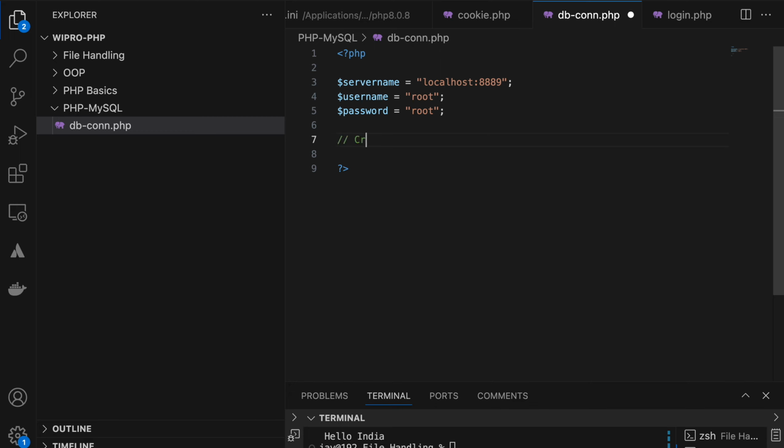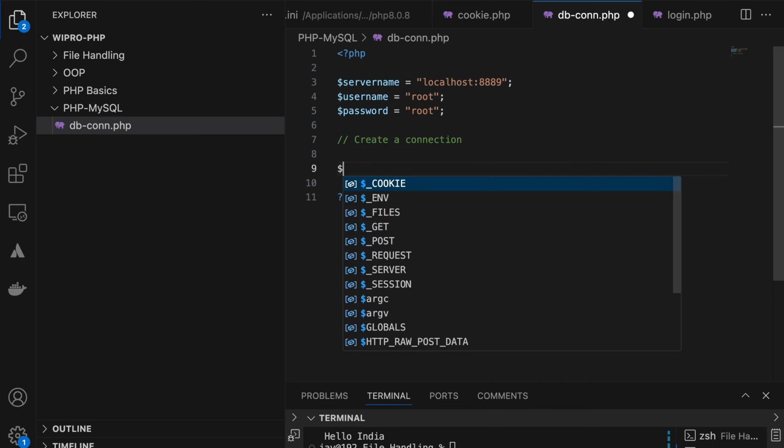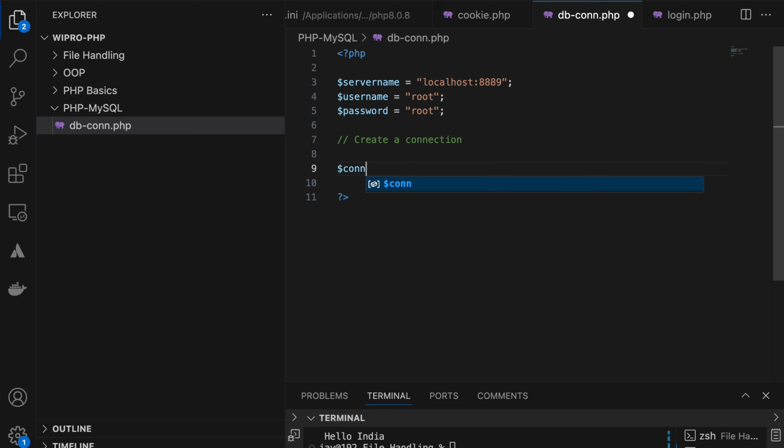Create a connection. So I'll create an object, right? As I told you, there are three ways you can connect. One is using the MySQLi object oriented method. Another is MySQLi procedural, and another is PDO.